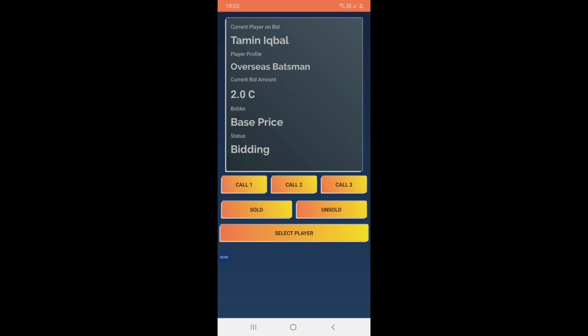If no player is currently bidding on this particular player, you can again start from call 1. And when the status reaches 1, you can add him to the unsold list.